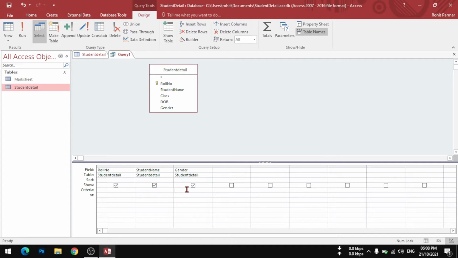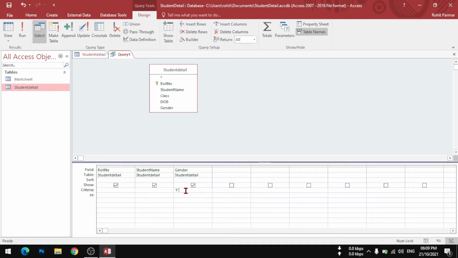You have to remember this: if you are using characters like alphabets, you have to use single quotation marks. For example, F for female, in single inverted quotations. So in single quotations you have to give the criteria if it is an alphabet. So I gave F here.